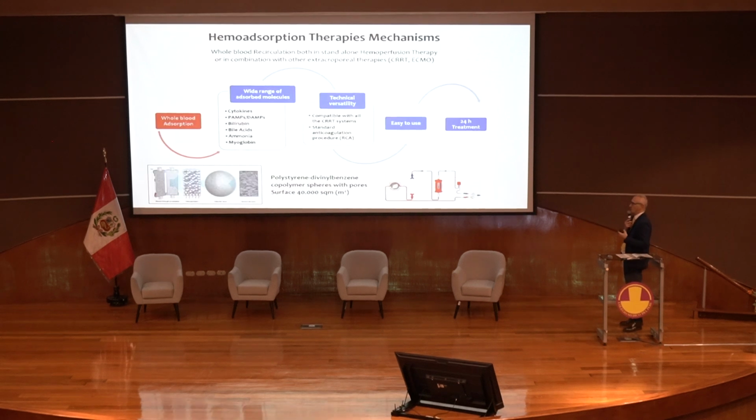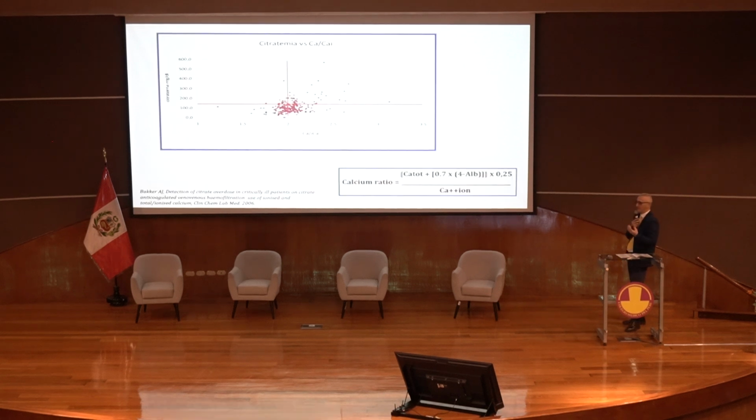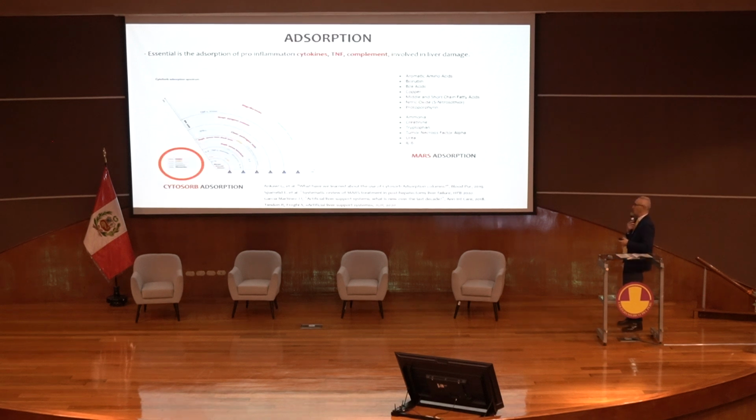It's easy to use because it's not a machine. You put your cartridge in, for example, a CRRT, the continuous renal replacement therapy. Otherwise, you can use it with a hemoperfusion machine. It's a pump that pumps blood through the filter, and the absorption is done by the filter. So it's very easy to use. In our experience, we use anticoagulation with calcium citrate, not heparin. That is very effective to maintain the life of these filters, of course.